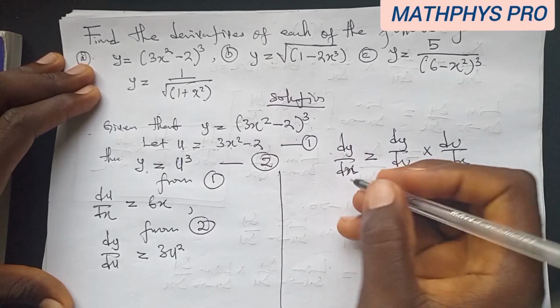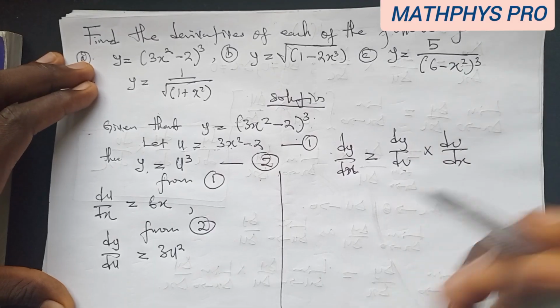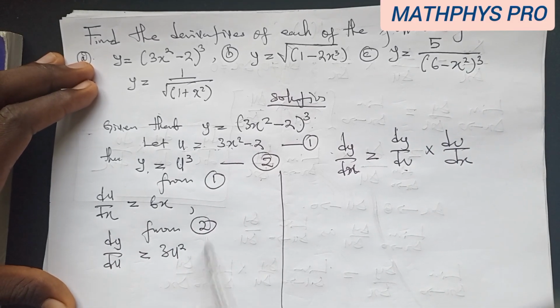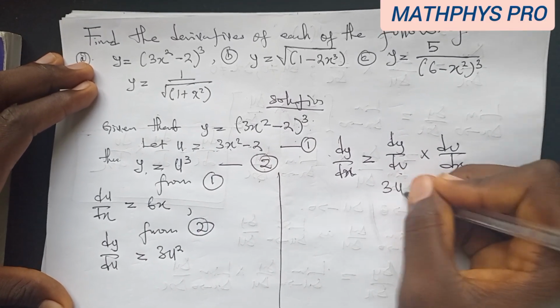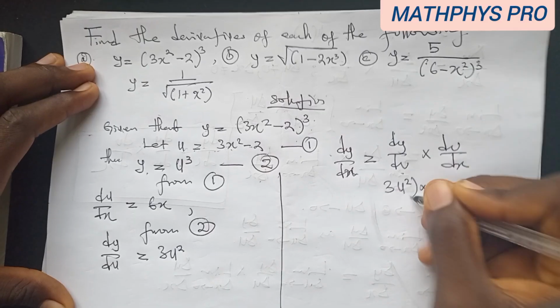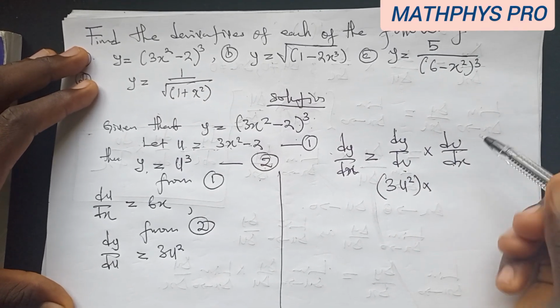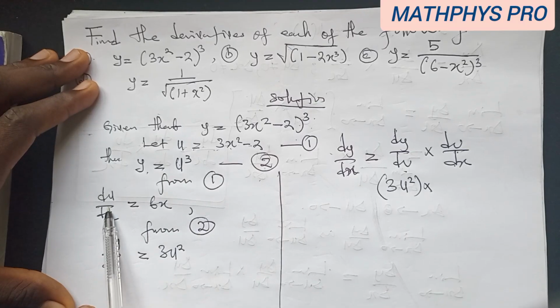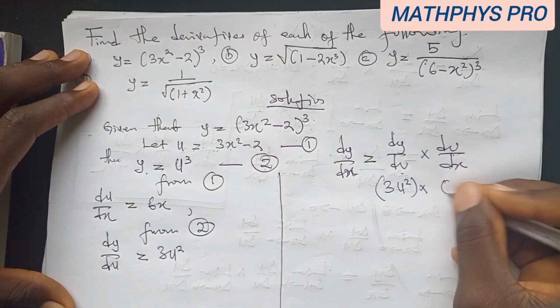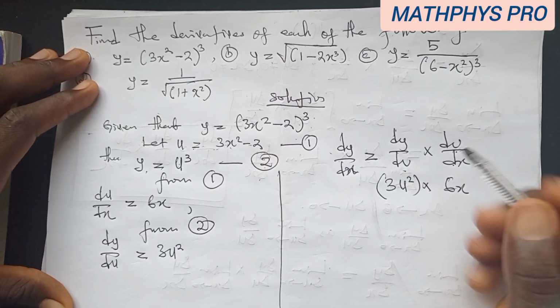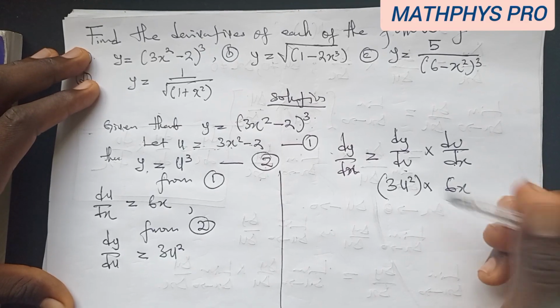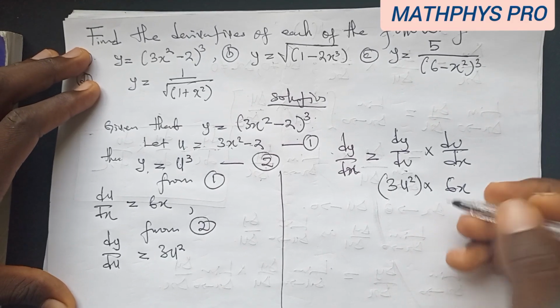So now dy dx will be dy du, which is 3u squared, times du dx. Du dx is 6x. So if we multiply 3u squared times 6x, what you have is